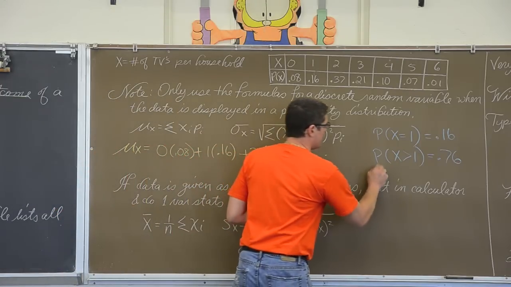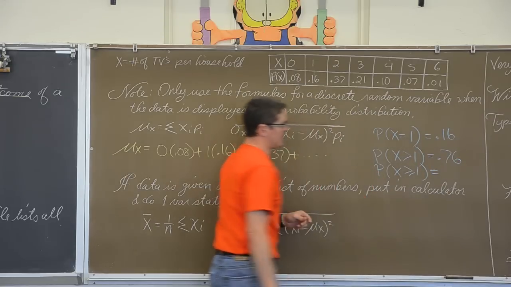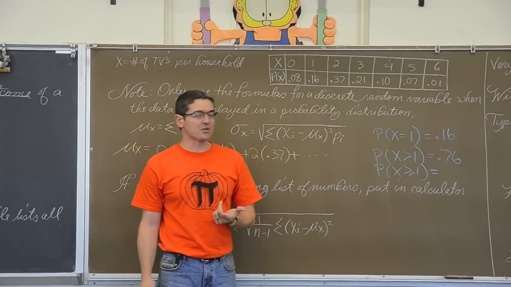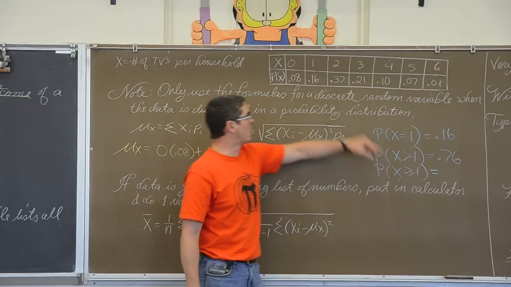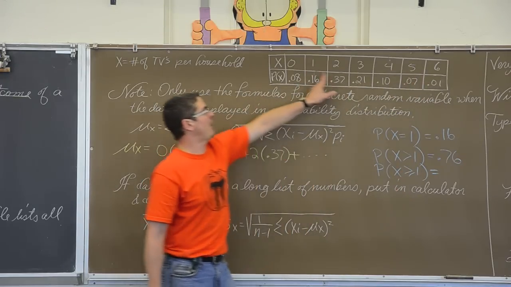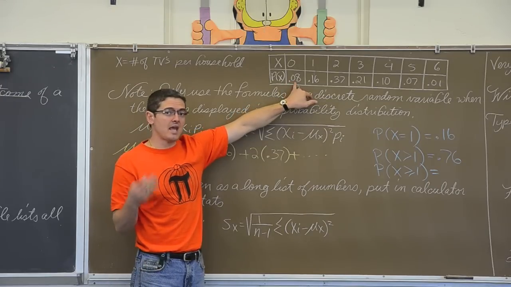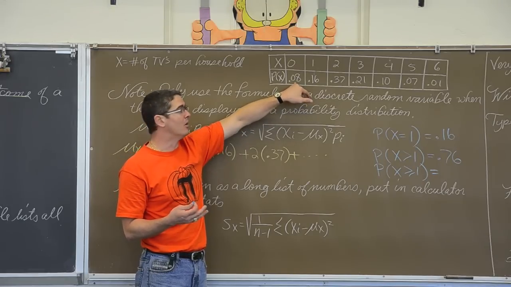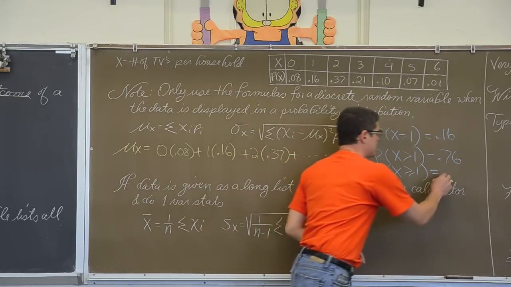What's the probability that a household has one or more TVs? You know, now I bring in this equal sign and ask for the probability. Well, that's going to be the complement. The probability of one or more is the complement of having no TVs. And having no TVs, well, that's 8% of the population we are guessing or estimating from our sample. So the probability of having one or more is 92%.